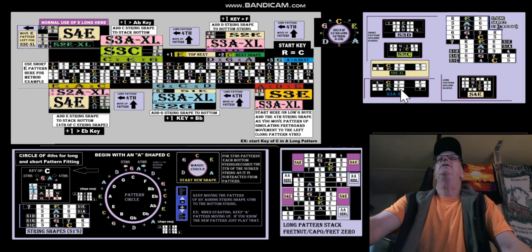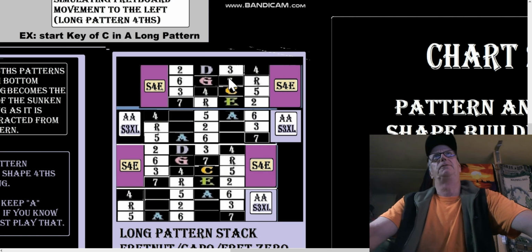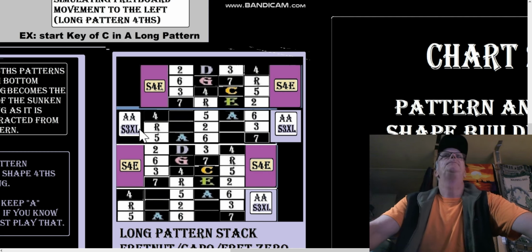We didn't look at this yet. So this is the S3AXL. I just put AA there because it starts on the A and it finishes on the octave there. So I put AA there. That's when I was getting a little frustrated, but now we know better. Now we know better. Since we're going to use the S3XL or S3AXL when we want to play an A shape,